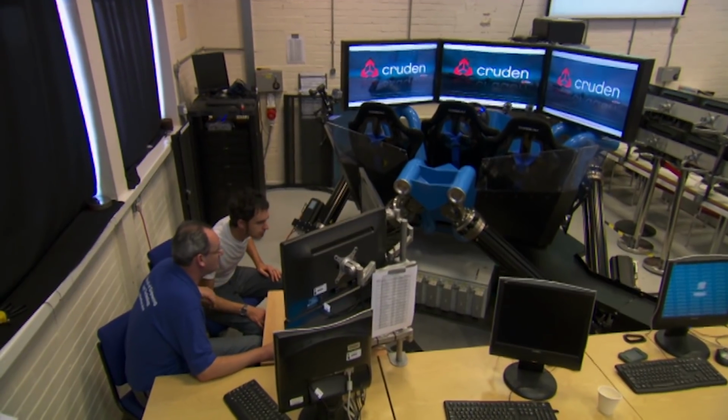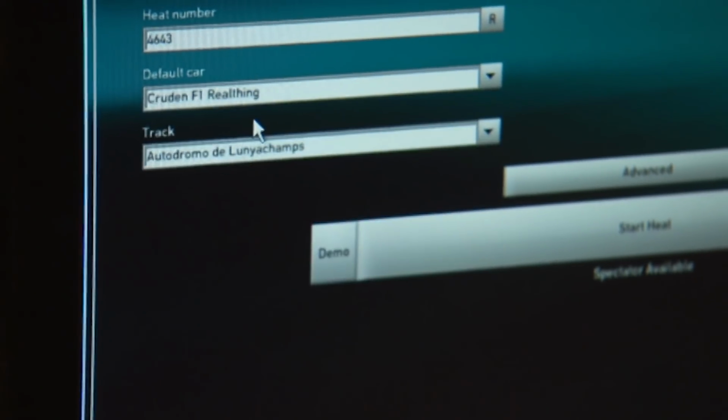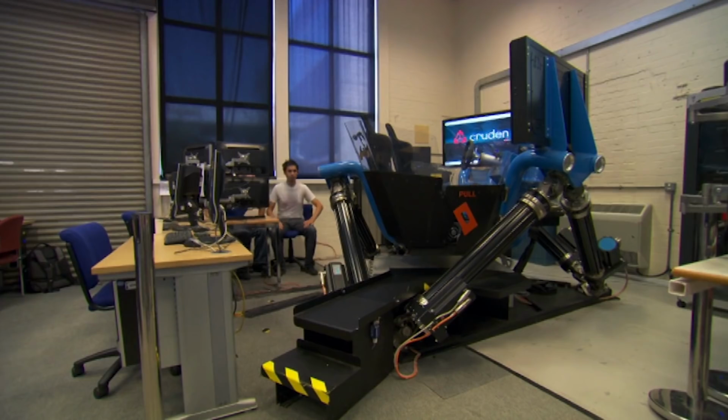Jeff Peters is the man in charge of my first ever Formula One drive. No, it'll be 98% accurate, so it's like driving a real F1 car. It's tough. 98%? 98%, yeah. Yeah, we can stick over 2G into you, and you'd struggle to keep your head pointing in the right direction, really, at that level. It is aggressive, and it can hurt. Right, if you want to come in...